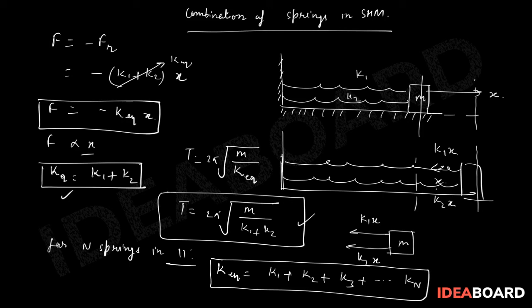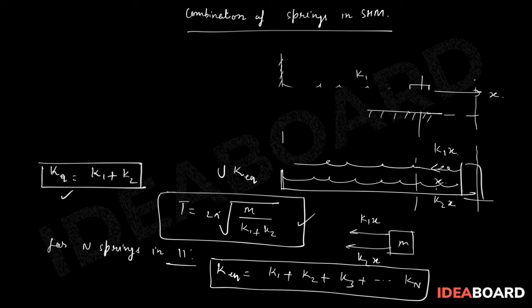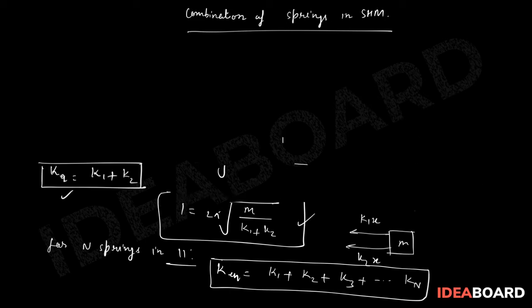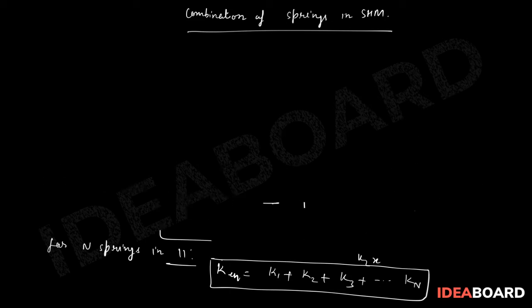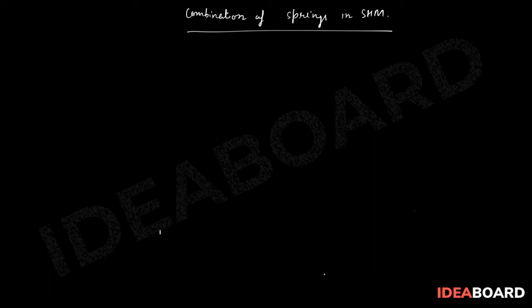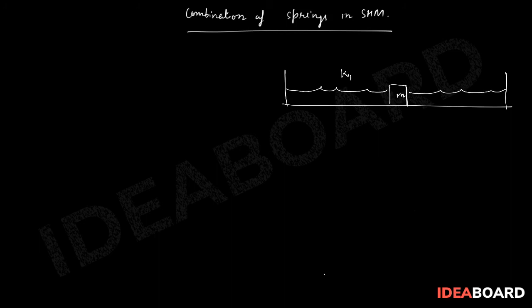One more combination we have in the parallel combination is which one? So pretty interesting. It doesn't look like a parallel combination, but it is. So there is another combination. Suppose that this is our block of mass m, and we are connected with spring k1 and k2. These are the fixed walls. Fixed wall. This is also fixed wall.